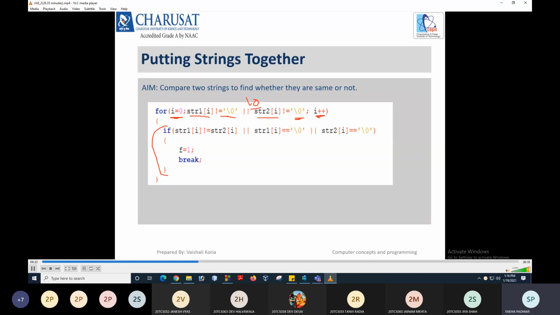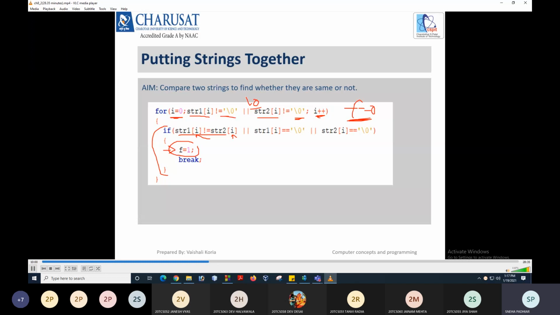Now next, what we need to do here is check whether the strings are same or not, right? So we'll do this comparison: if one of the characters of both strings is not same, then what we will do here? One variable has been taken, f. Initially f is 0, and when any mismatched character is found, we have to change the value of f to 1. If both the strings are same, this condition will never be true, and f's value will remain 0 only.